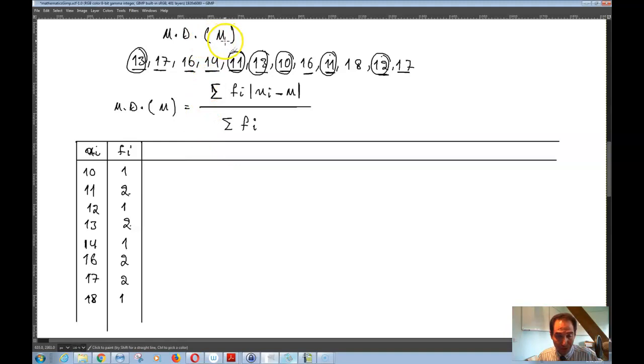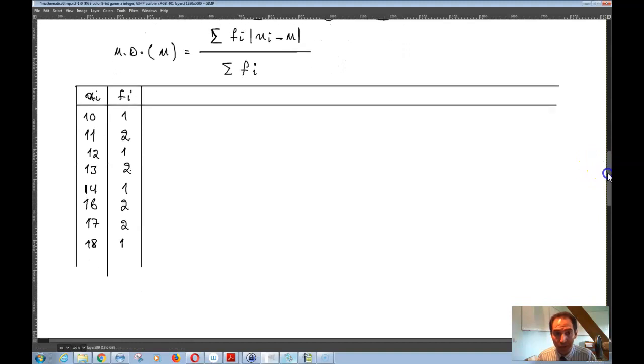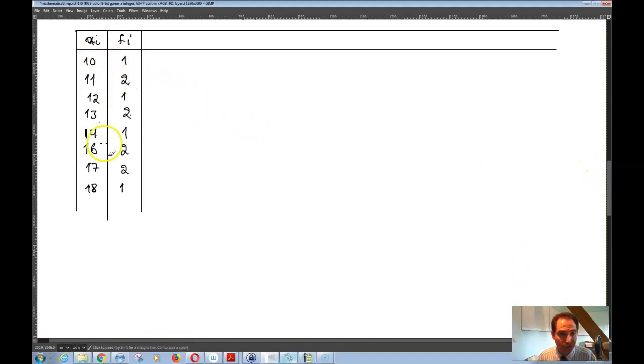Now the median of this data is the observation that comes exactly in the middle of your observations. So in order to find out what that observation is, you need to know how many observations you have in total,